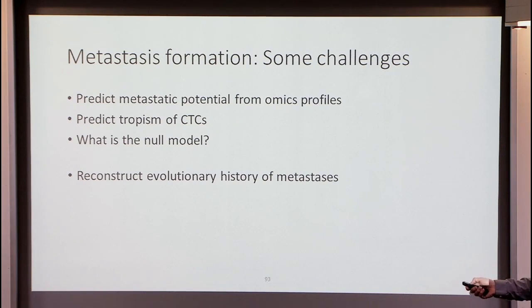And of course, we would also like to understand the evolutionary history. If you have multiple metastases, do they all come from the primary tumor, or do they depend in other ways on each other? Has one metastasis given rise to another metastasis and so on? Many tumors have, unfortunately, the property of spreading a lot in different organs, and we would like to understand how they depend on each other. And we will talk more about this general topic after the break.